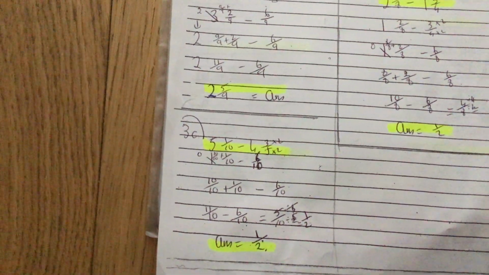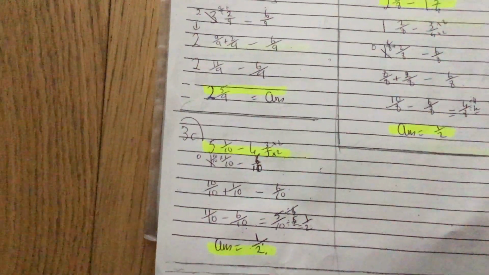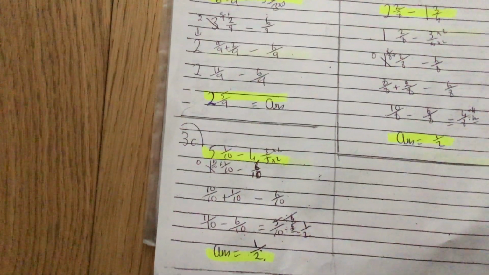And in order to convert the fifths to tenths, multiply by 2 in the bottom. What we do to the bottom, we do to the top, etc. And we have 6 over 10, and then we have our